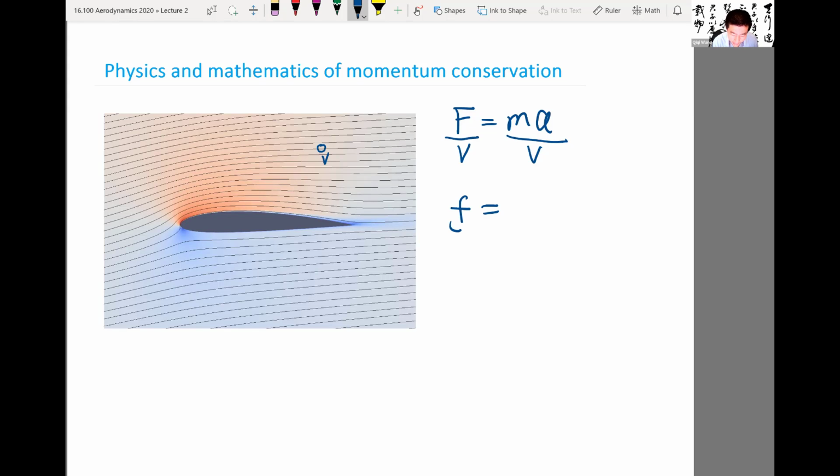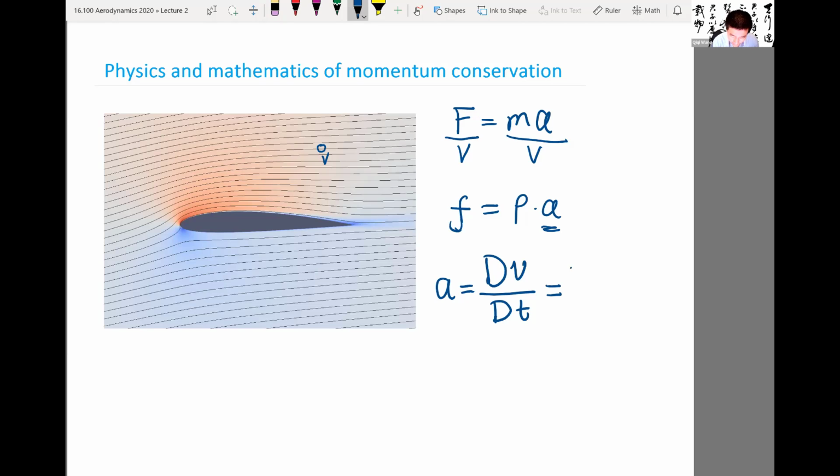And the unit amount of force per volume is denoted as small f. And ma, m divided by V is what? Is density of the fluid. So f equal to rho A is the usual way of basically posing the fluid. And A is the acceleration of the fluid particle. And if you've looked into the exchange of Eulerian derivative and a Lagrangian derivative, so the A is the Lagrangian derivative of velocity,